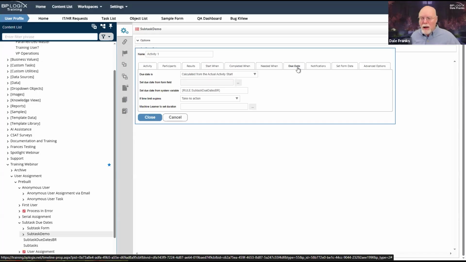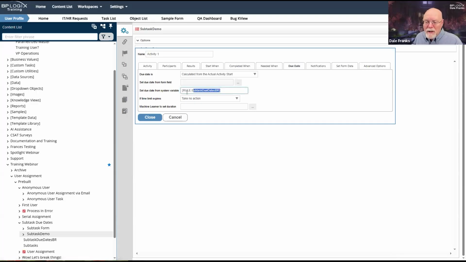So on the due date tab, whenever I'm doing subtasks and those subtasks are run in sequence, I'm going to need a business rule that is going to define what the due dates are for each of the subtasks.